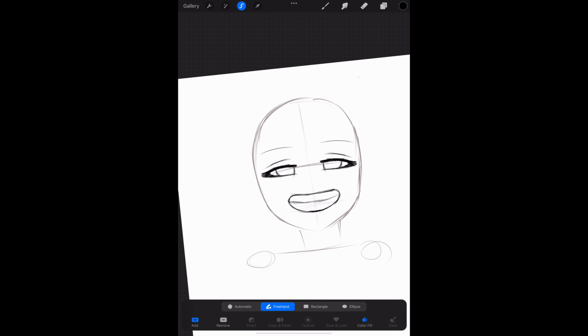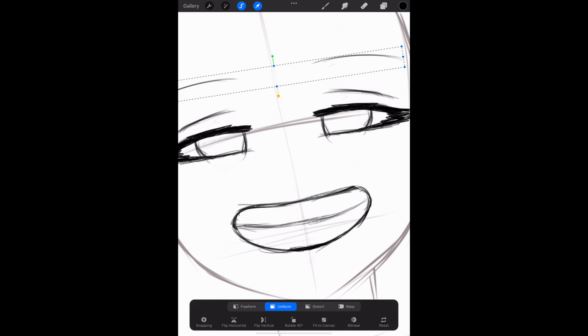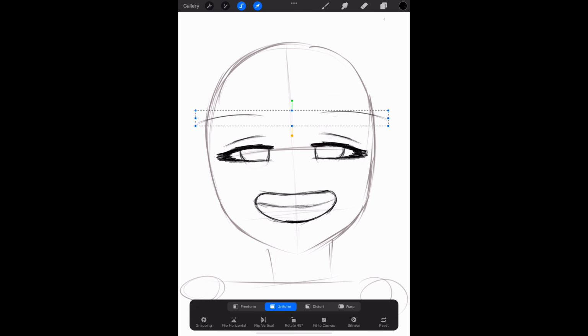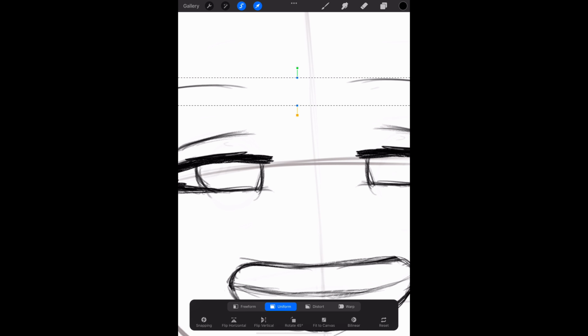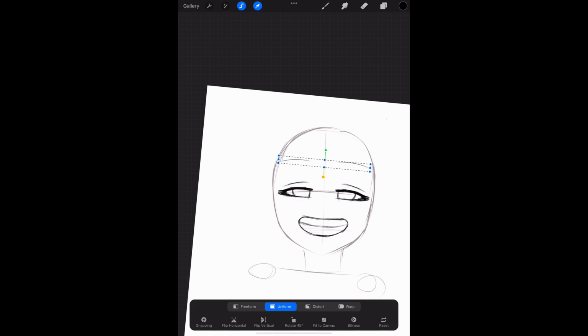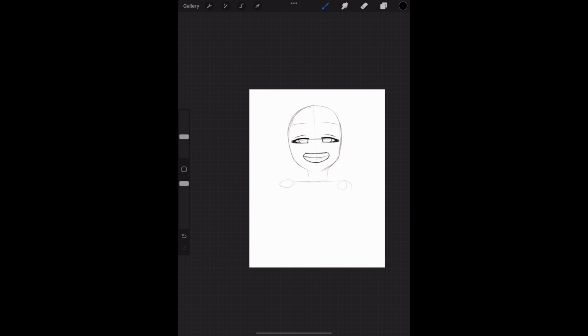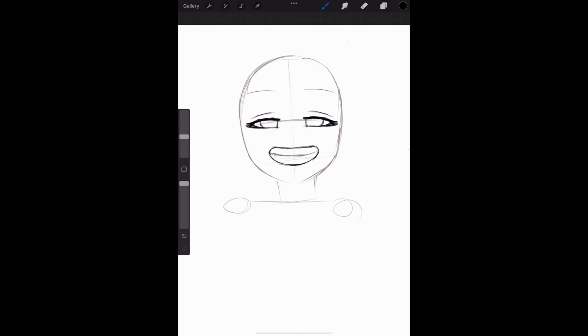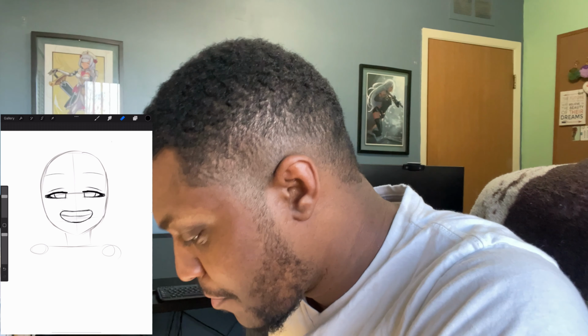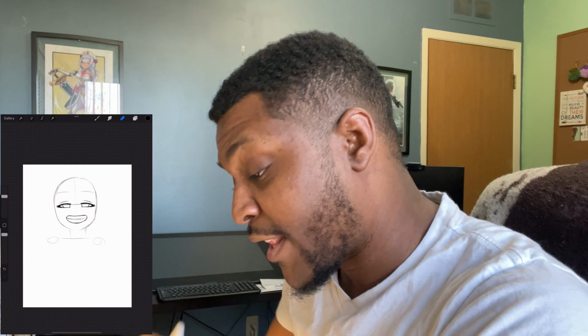And you know what? I probably can do this. I can raise the eyebrows a little bit. It's almost like a mischievous type of smile. It almost looks like she's up to something. I don't know about that. But either way, you can still see it's a smile. It's a smile nonetheless. So, like I said, My Dress-Up Darling does this smile all the time.